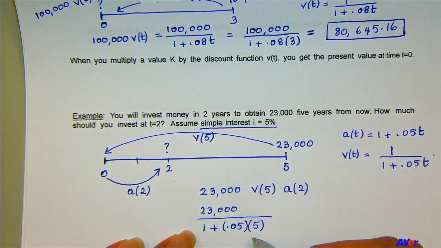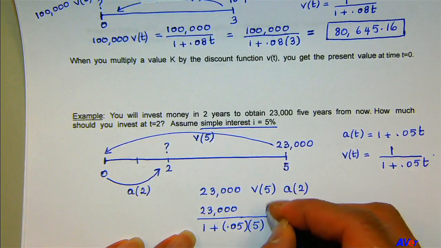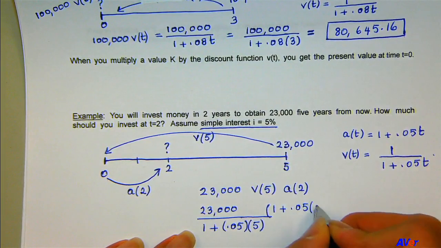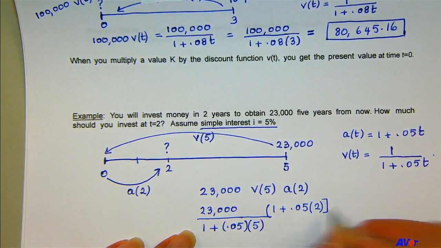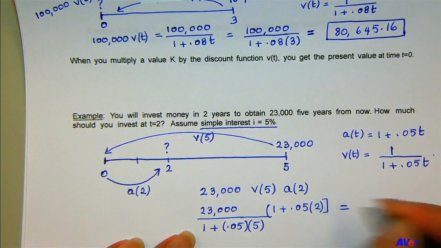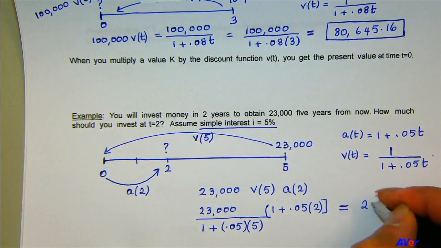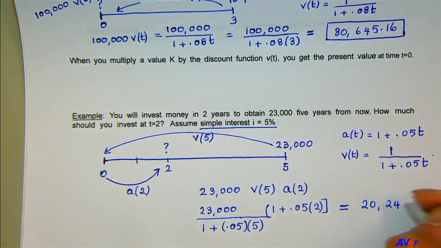So I'm going to divide by 1 plus 0.05 times 5, and then I'm going to multiply by 1 plus 0.05 times 2, which gives me what? Can you get me an answer, please? 20,240 is what you will invest,